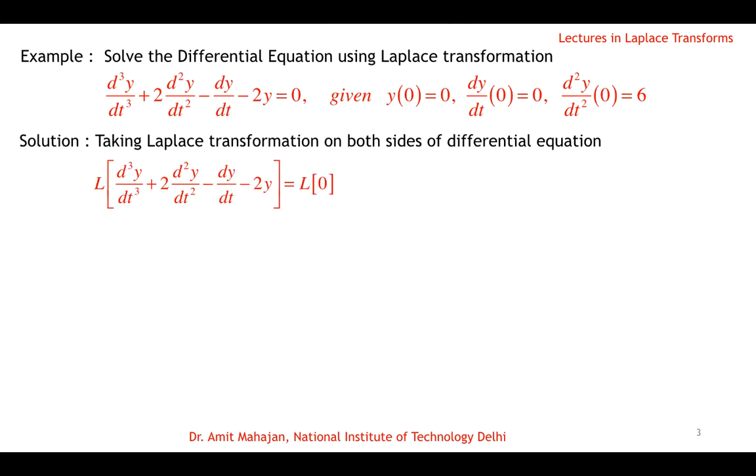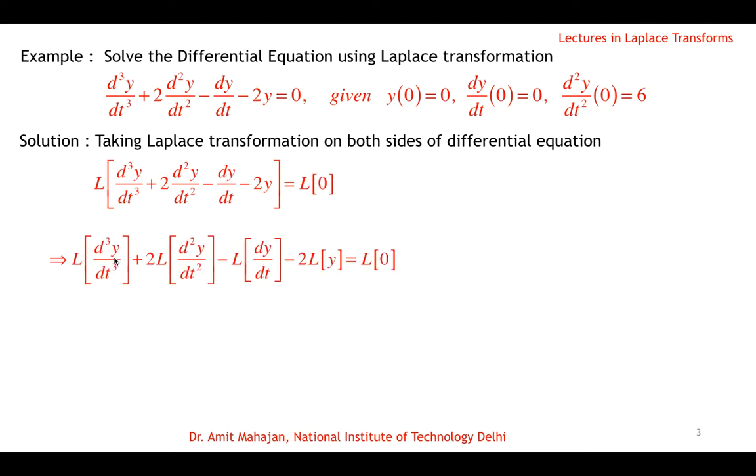So our first step is that we take Laplace on both sides of this differential equation. So Laplace on the left hand side and Laplace on the right hand side. On the left hand side it is the Laplace of a sum of functions, so we can use linearity to separate them, and on the right hand side the Laplace of 0 is 0. So by linearity we have separated the left hand side, and if you remember the property, then